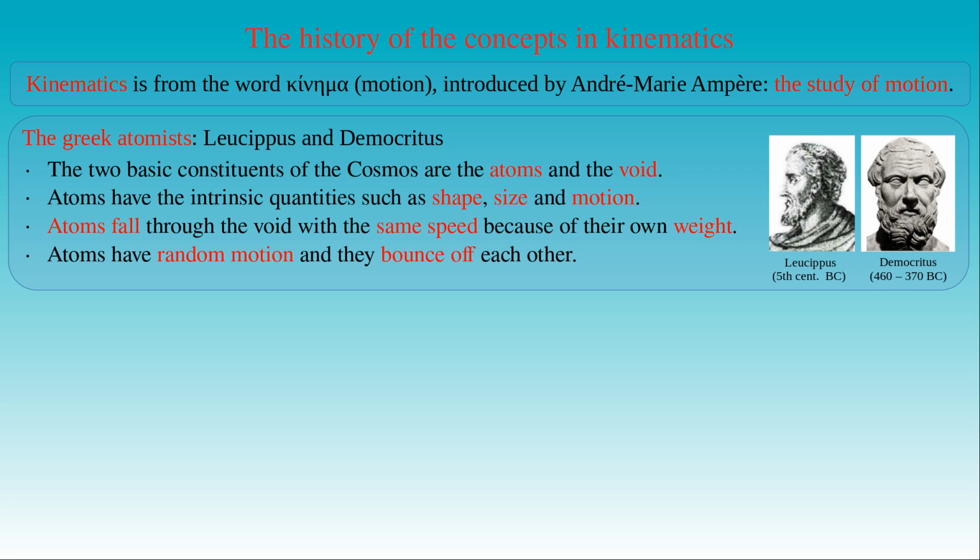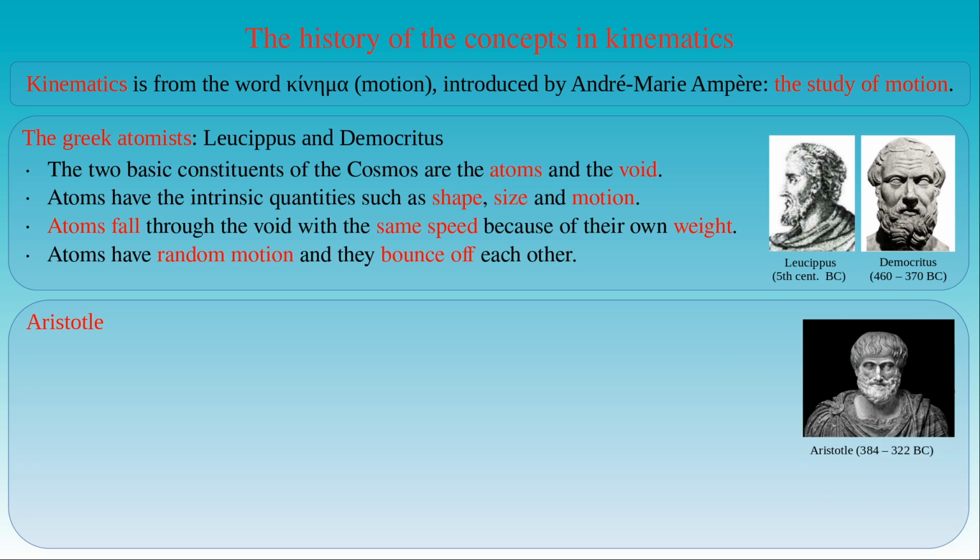This shows that the atomists already applied some basic notions and concepts of physics and mathematics to describe motion, but they did not have any systematic study of this phenomenon. Plato had also some comments on motion in his dialogues, but he discussed it in a general form partially based on the atomist and the Pythagorean teachings. The first, very detailed and systematic study of motion appeared in the Aristotelian physics.